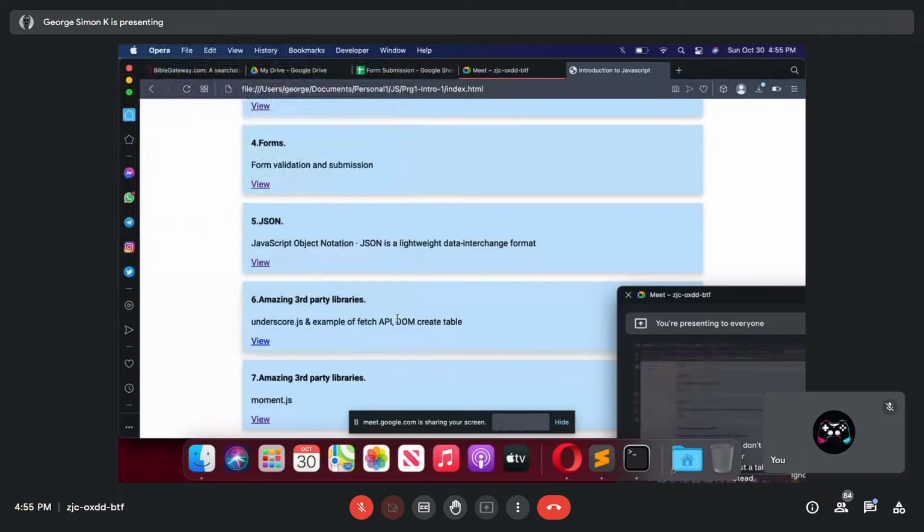Earlier I mentioned, in the web programming, we have two sections mainly. One is the front end and the back end. 98% of the programming done in the front end is JavaScript. 98% as of earlier this year.